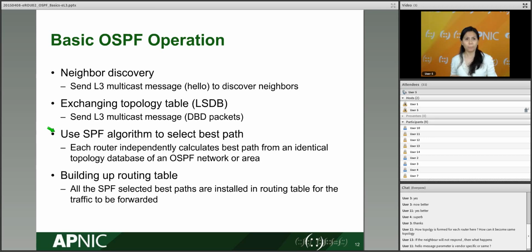Next one, using OSPF to select the best path. Now, you already have a copy of the topology table. You already know what's the next step. That's to build